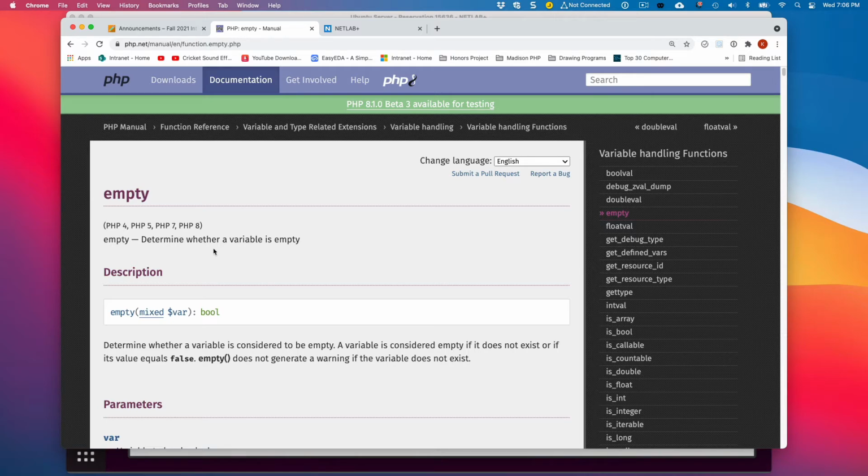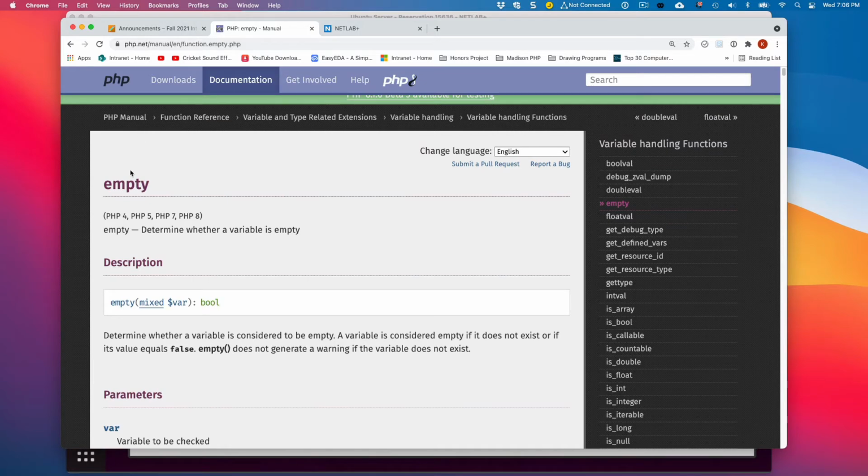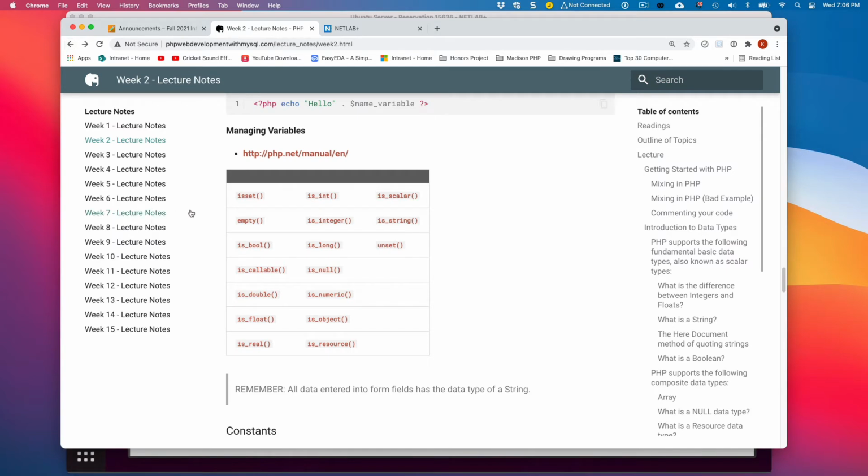It determines whether a variable is empty. We'll talk a little more about that. A variable is considered empty if it does not exist or if its value equals false. These are important to use when you're checking, for example, values that are coming back from somebody entering data into a form if you want to enforce that they enter data in, etc.